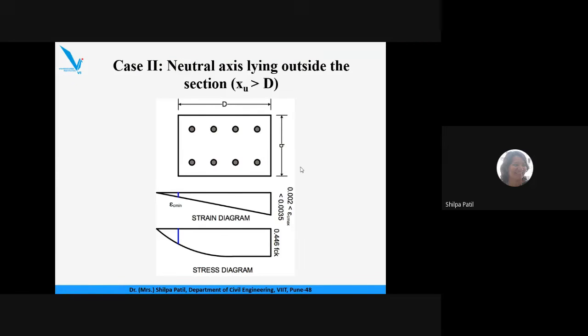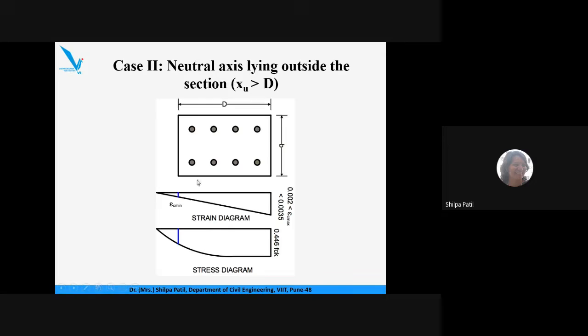Load is acting there, but with a very small eccentricity. And hence, the bending moment developed due to this small eccentricity is also very small. Because of the lesser value of the bending moment, the tensile stresses are small. See what happens when a moment is acting on any particular section: there will be a development of tension in that section. So if the amount of moment is small, the tensile stresses developed in the section will also be small. If the moment goes on increasing, the tensile stress will also go on increasing.